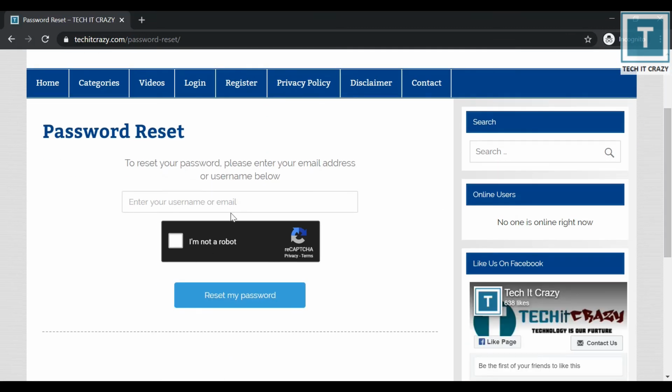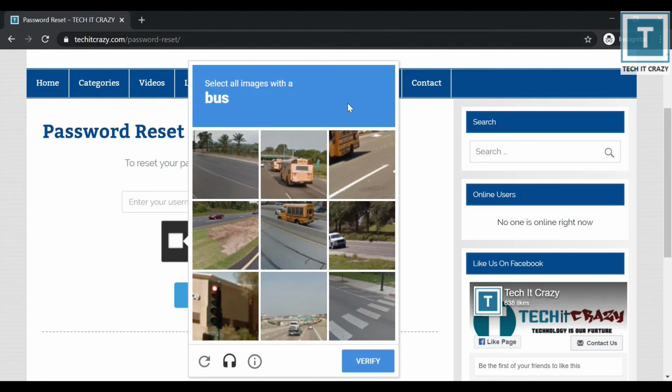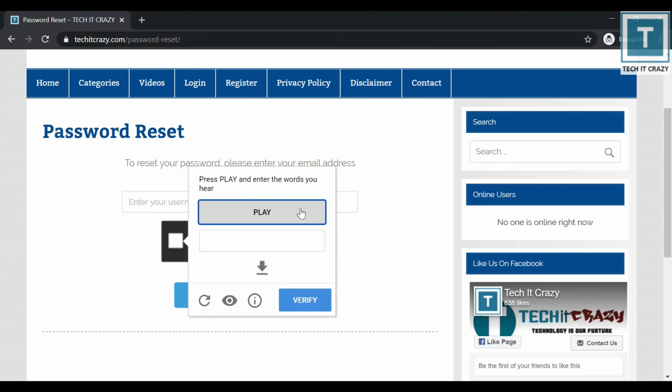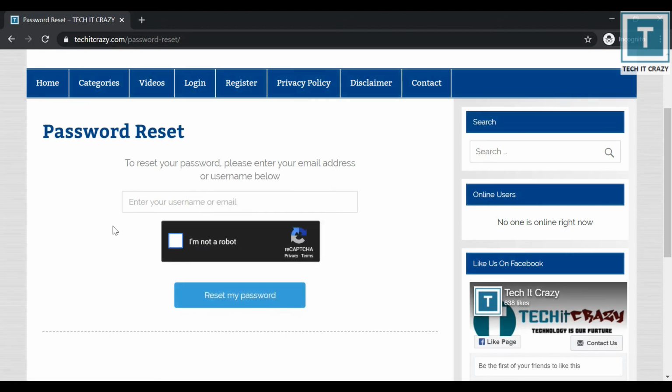There you can find this Google reCAPTCHA, and just click on I am not robot. Then you will get these images to be filled. If you need audio, then you click on audio. That's it, you'll get audio. So you just need to press play and enter the words that you hear. That's it. So it's very simple by using this plugin.